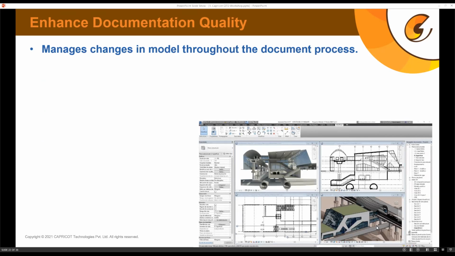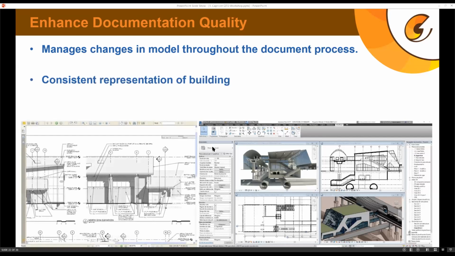This is an orthographic 3D view. So this is one of the projects. It automatically manages through the model. The documents will automatically update. So whatever changes you make, you just need to focus on design, and all the respective drawings will automatically update. And that would be consistent in all the details. So this is one of the detail outputs of one of the projects.